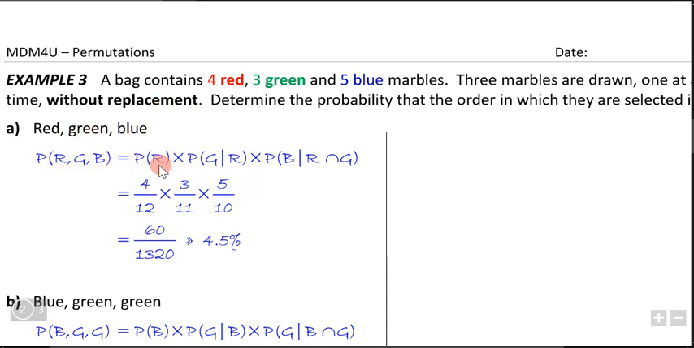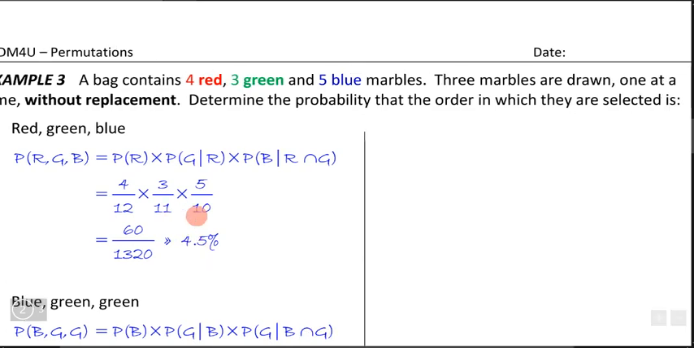Under the individual probabilities, you'd first calculate the probability of drawing a red. You have 4 red out of 12 marbles in total. After you draw the red, you don't replace, so you're left with 11. What's the probability next of drawing a green, given that you've drawn a red? It would be 3 out of 11. Times the probability you draw a blue, given that you've already drawn a red and a green. That leaves you 5 choices out of 10. These numbers are decreasing by 1 because you're not replacing the marble, and these numbers come from the numbers you see up here. And that would give me